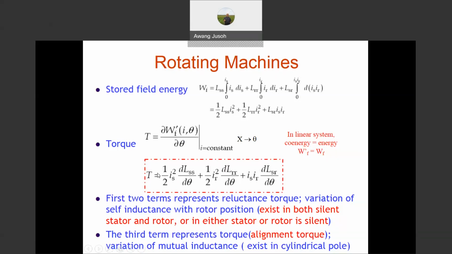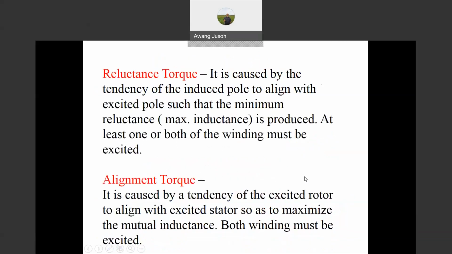So we see that, based on this equation, the torque is contributed by the stator current IS, by the rotor current IR, and by the combination of these two. If we can find the inductance in that particular system, then we also know that if the inductance is fixed, there is no torque produced by that particular part. Okay, now we go to the example for detailed insight into what actually happens there.